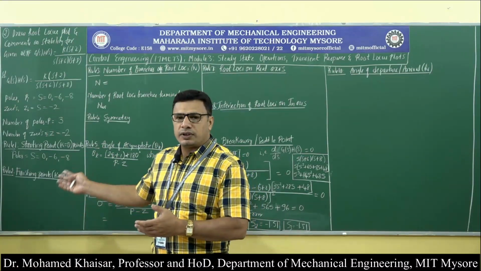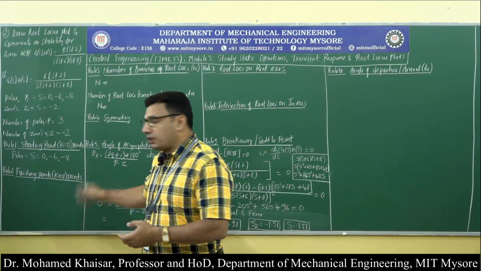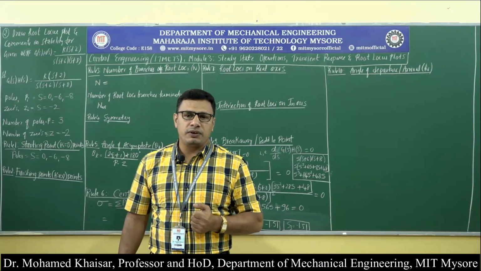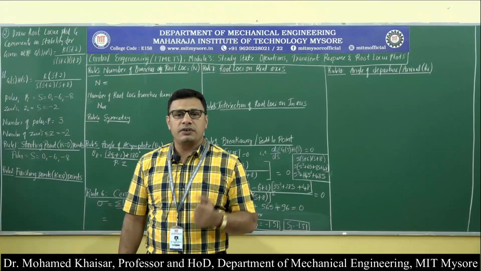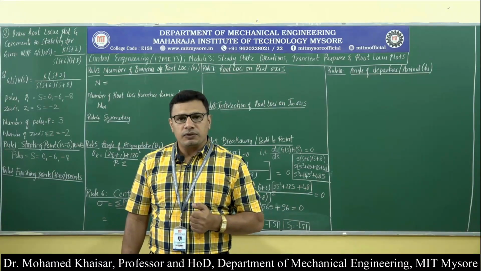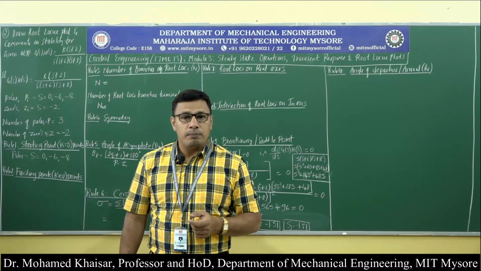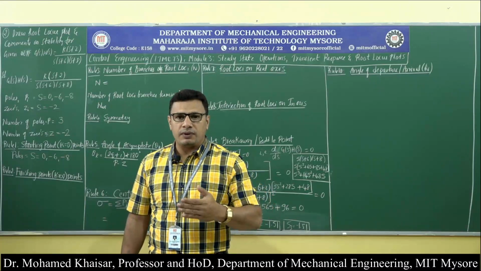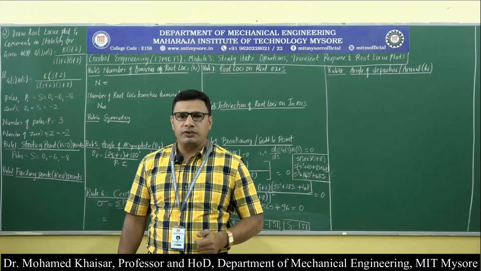So 3 starting points are there, and if we go by only the zeros are going to be the finishing points, and finite zeros are going to be the finishing points, then there is only 1 zero in the given problem, whereas there are 3 starting points. So that means there will be 3 starting points and there will be only 1 finishing point. But the thing is, as many poles as we have, that many starting points will be there, and that many should be the finishing points also.